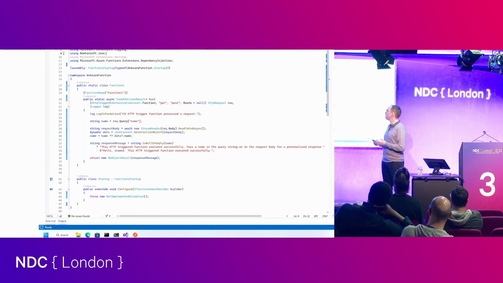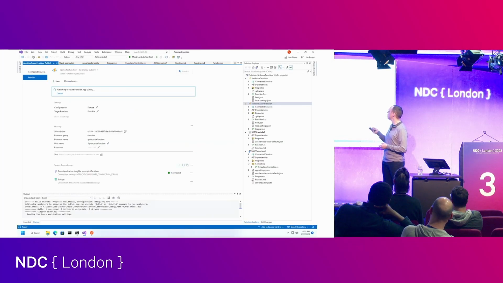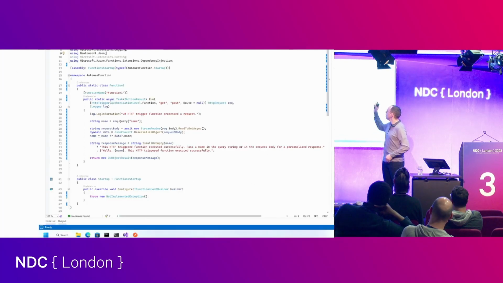So a very simple model. Let's see, go back one. You define a startup class that inherits from FunctionsStartup. You write a Configure method, you can add your services to that, and then you just attach it to the assembly. Azure Functions reads that as, cool, this is something that needs to run as the function is starting up, so we'll go ahead and run it. And the thing I didn't do here is convert it from a static class to a regular class so I can take advantage of the dependency injection.